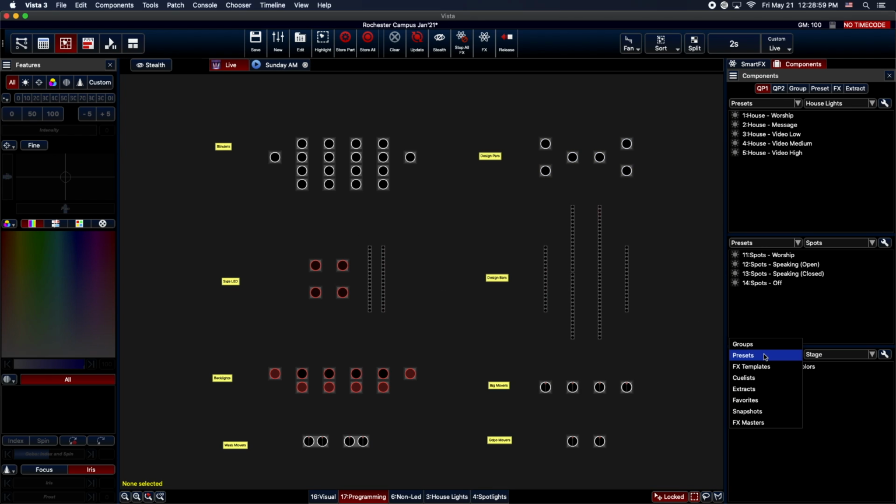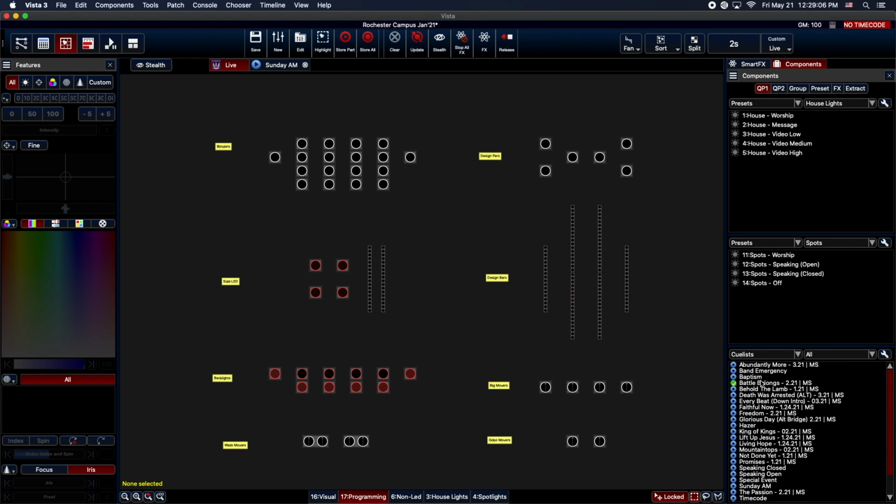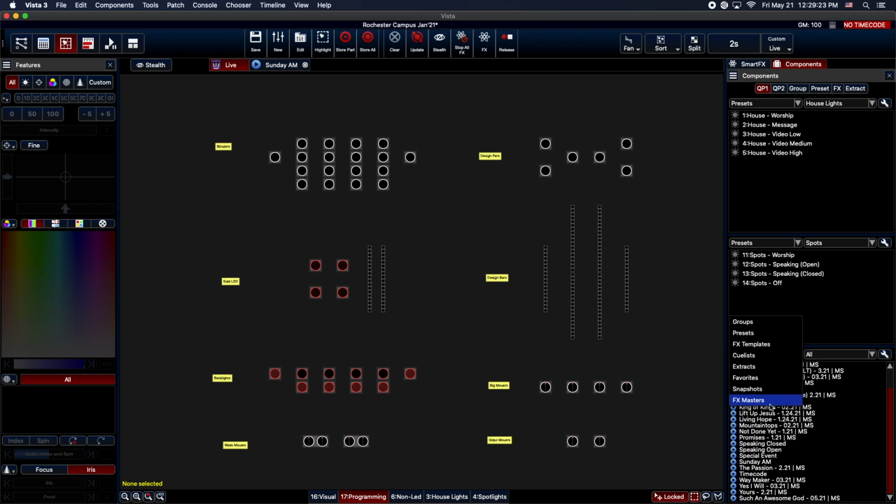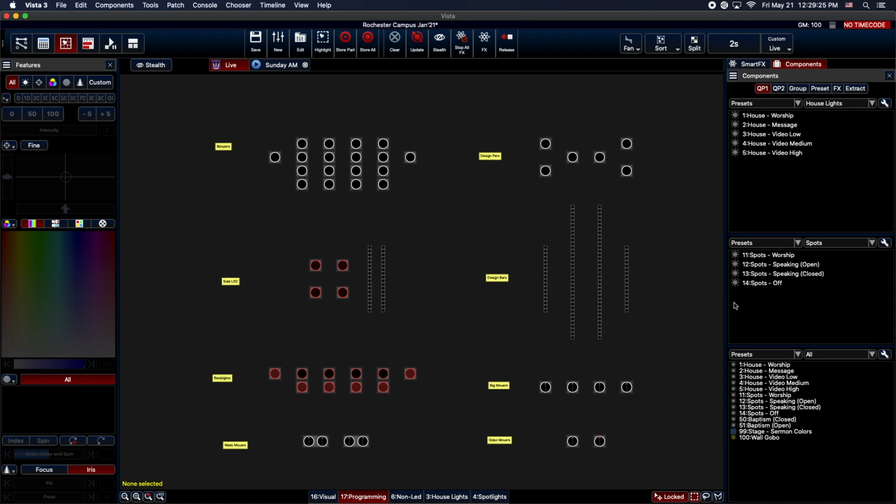So now if we jump over here and show our song cue lists, or rather all cue lists, you can see now that Such an Awesome God is an option in there. So if I wanted to reuse that song, I could drag it in. I will show you how to do that as we build through this week. Back to my preset view. So once I've saved everything that I want to save,